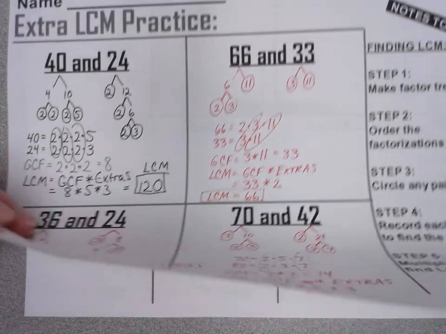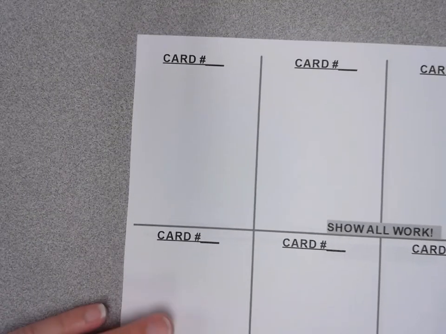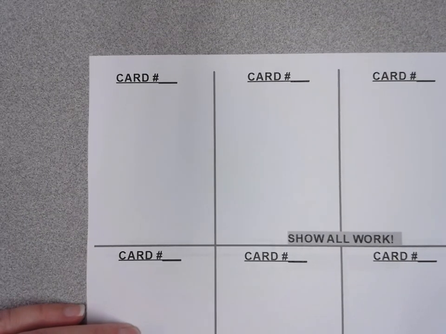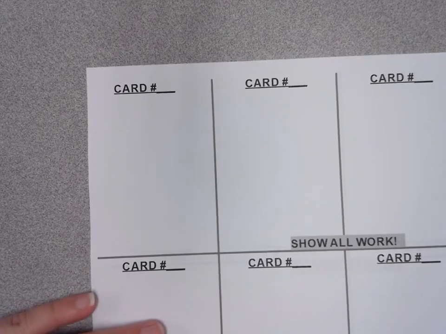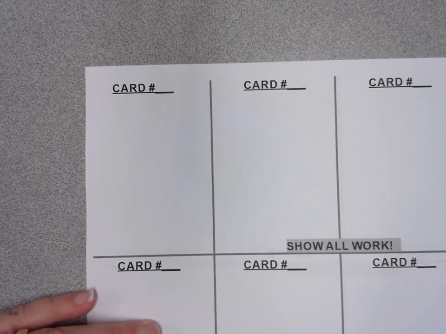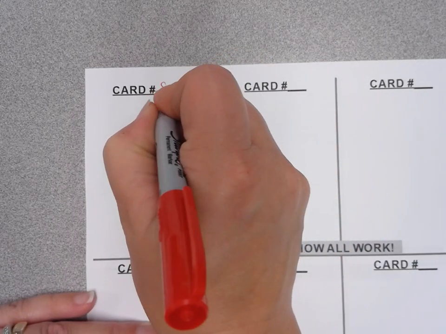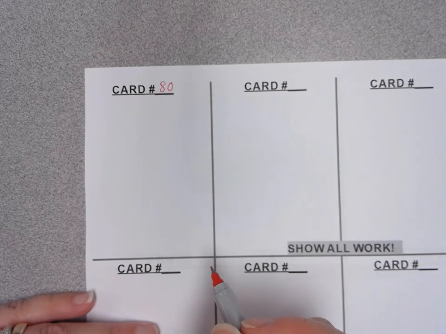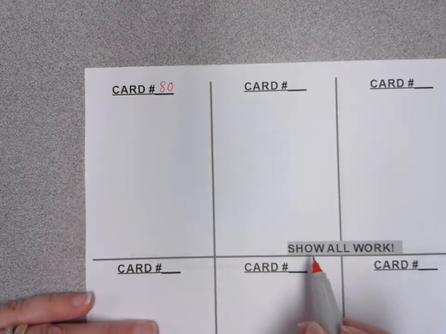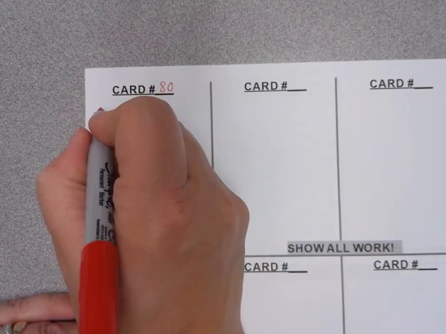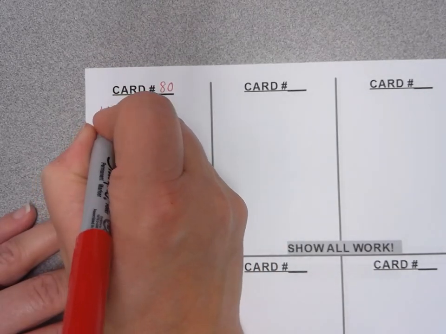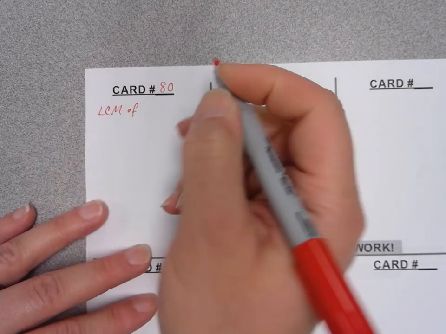If you notice on the back of your paper, you have something that looks like this. You're going to be moving around today a little bit, working in partners. You're going to choose one of our LCM cards and you're going to record what number the card is. So let's pretend you're on card number 80. By the way, they don't go that high, but if they did. You would also have to show me all of your work. That's why it says show all work. So you would take the two numbers on the card that it says find the LCM of